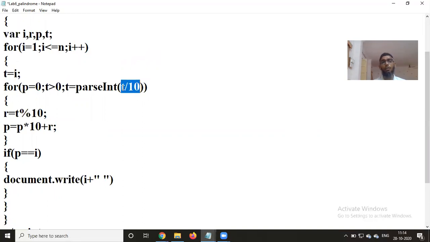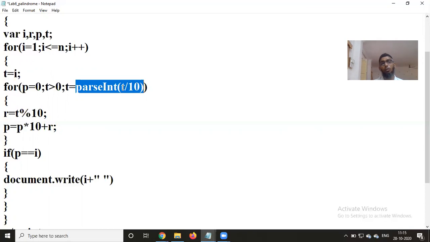When you use the division operator, the quotient operator, it returns double values. So instead of getting the double value, if you want to convert the output into an integer, you have to go with parse int. The parse int converts the double form to an integer form. I hope you have come across this parse int method in Java also, where it converts one data type into an integer. Mostly you might have used it for converting strings to integers.